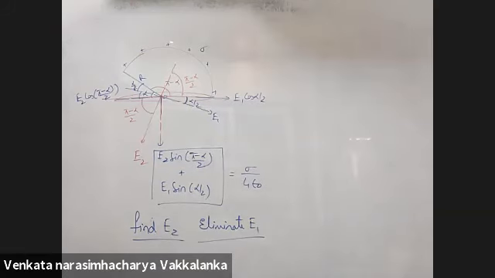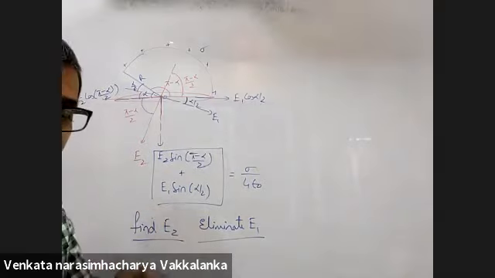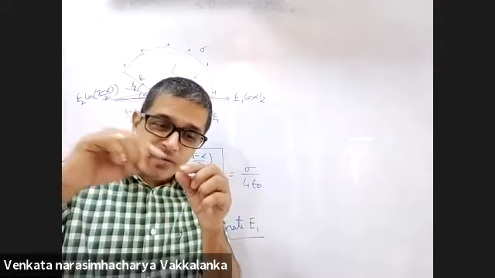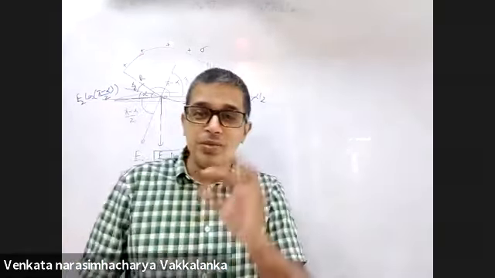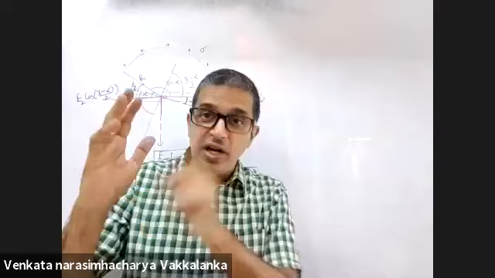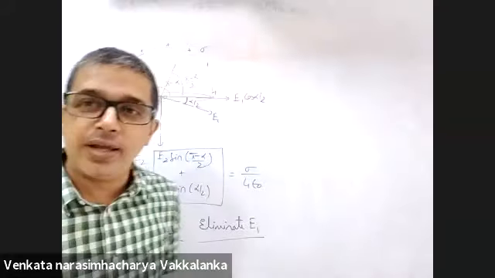Sir, I was thinking it differently. I thought E naught due to the leftover part plus E naught of the removed part equals the total. So by solid angle, can we find the electric field of the removed part? Using solid angle, how will you do that? I know the vice versa. Because of a point charge, I can calculate the flux through that area. Because of the charge, I know the field here, the reverse. I have a charge here, I can calculate the flux through this surface, and from the flux I can calculate the field. But if there is charge on this surface, how do you calculate the field at this point? Yes, sorry.